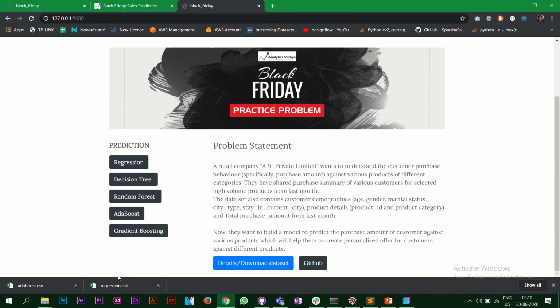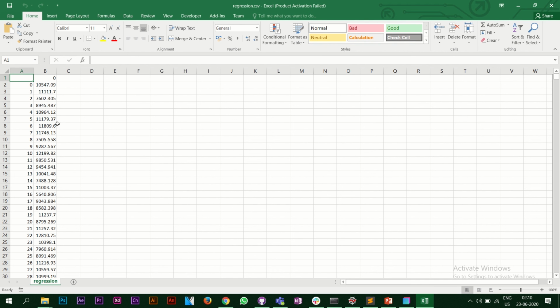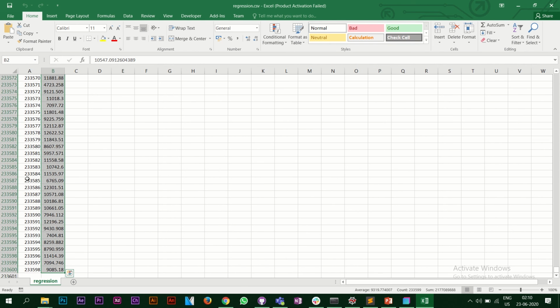So let's look at one of the files, maybe a regression file. Let's open this file. So these are the predicted values. There are around these many predicted values.